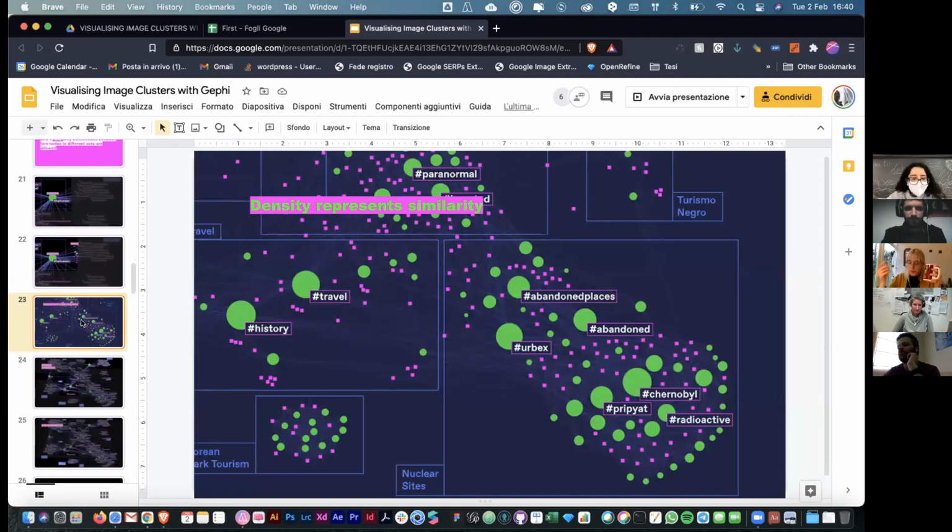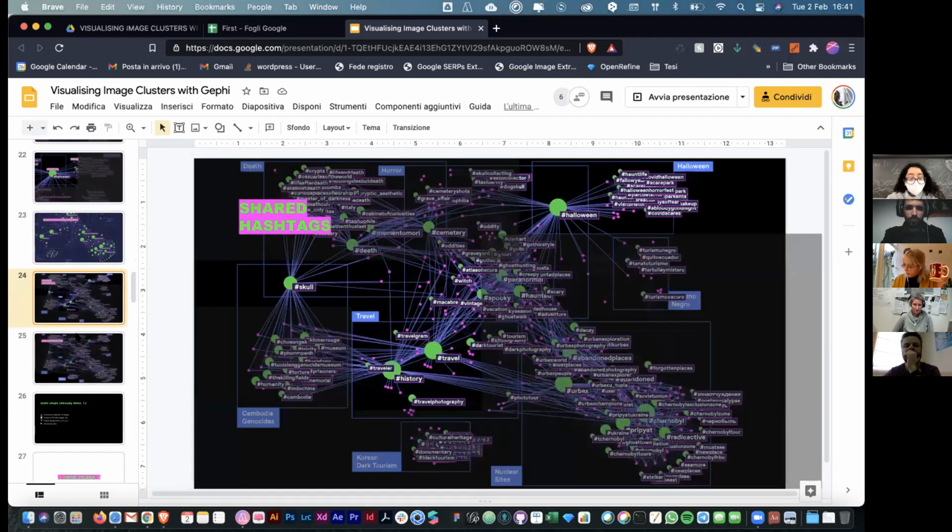When doing networks, the density represents the same hashtag being connected to the same image. We also can see there are some shared hashtags, so a lot of edges going to one single hashtag, like skull in this case, in clusters, for example, referring to death and Cambodia genocide. I know it's not a very happy data set, but